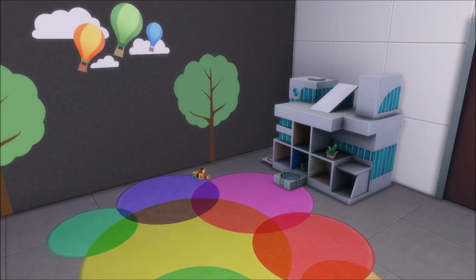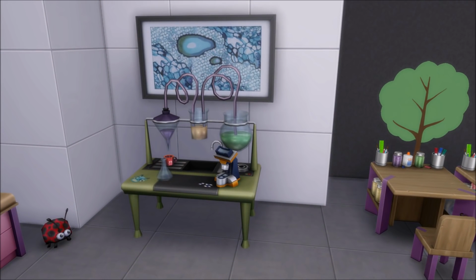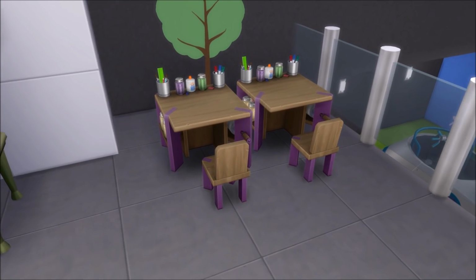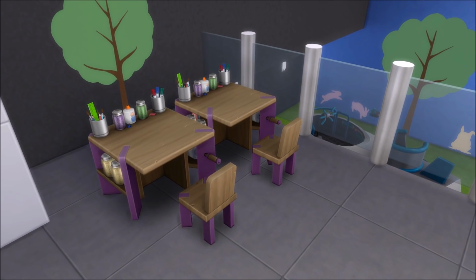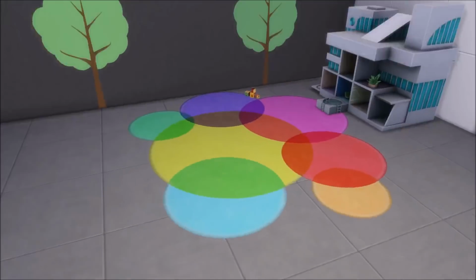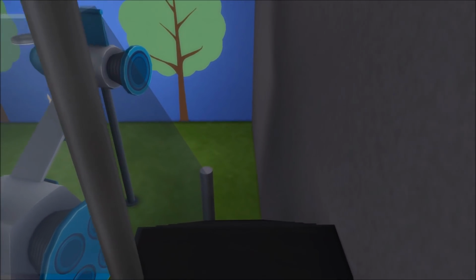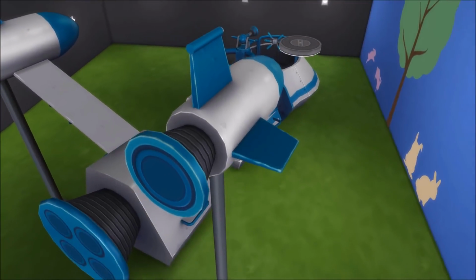There is a dollhouse here and some more scientist kinda play thingies. Don't know how those are called. Some drawing. Oh my gosh, drawing tables? I'm saying it wrong. I'm sorry, you guys. But anyways, the children can paint whatever they want. And then they can go up to here, downstairs. And then they can play with the very nice and large looking